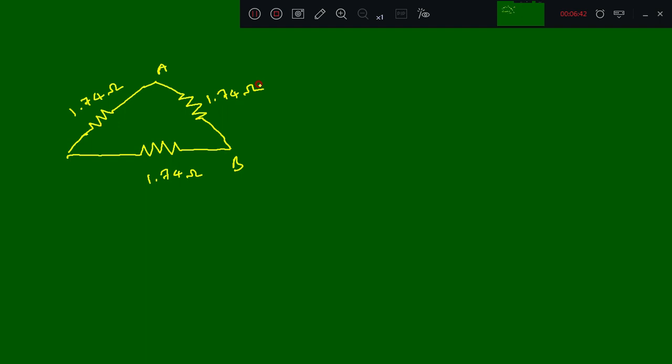So we require the resistance between A and B. This resistor and this resistor are in series, so that means this will reduce to like this. This becomes A, this becomes B. So this will be 3.44